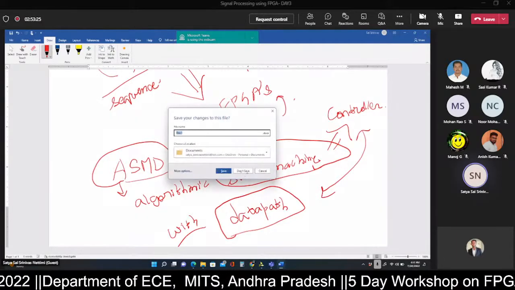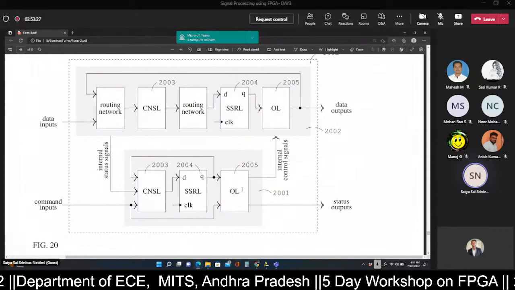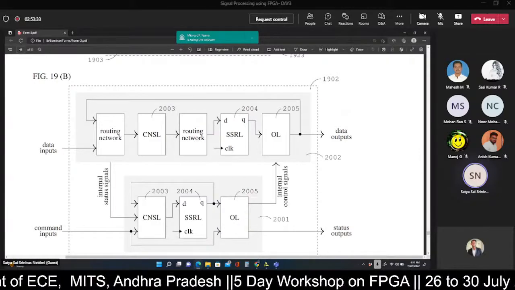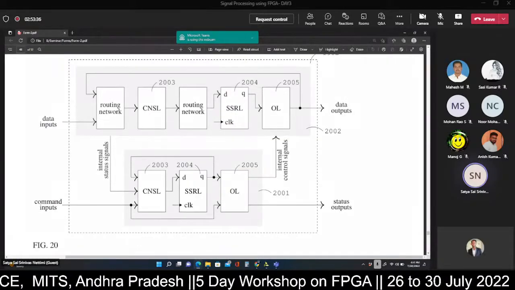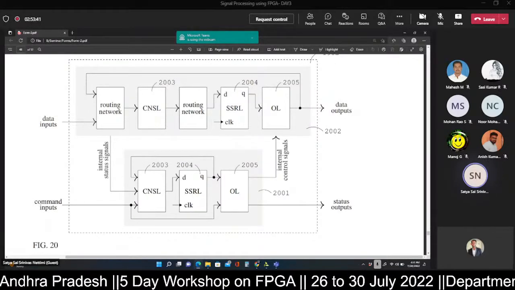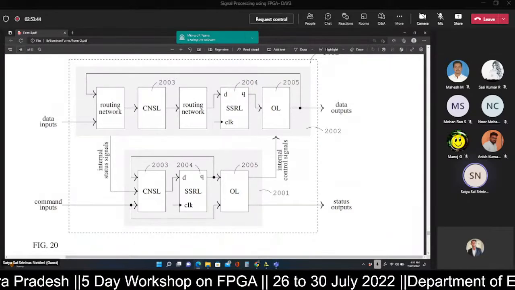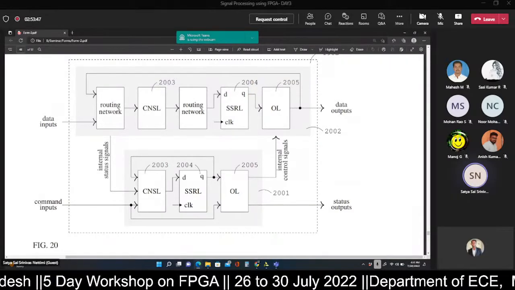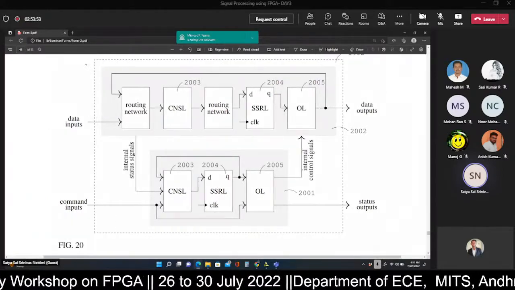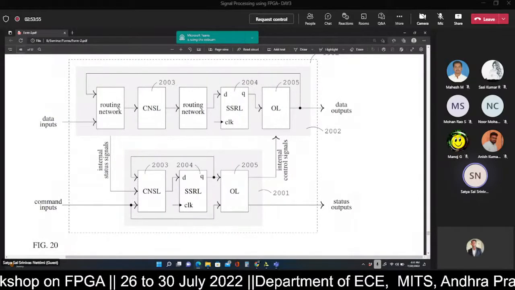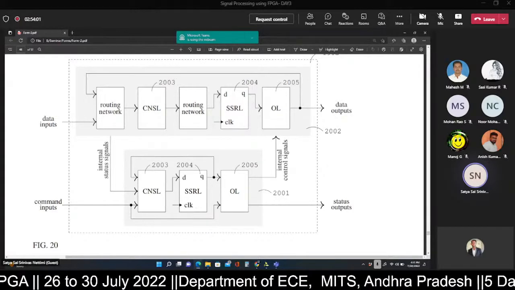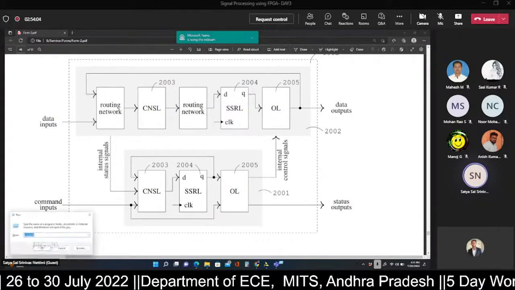So we will look into its general structure. The general structure goes as follows. I'm taking this from one of my patent documents. For your understanding, I'm just showing you the figure. As the name suggests, algorithmic state machine with data path. The dotted boundary you're seeing here is the ASMD, and within the ASMD you have an integrated control and data path logic. So both are integrated together, but